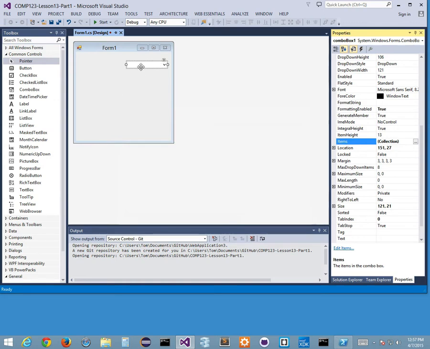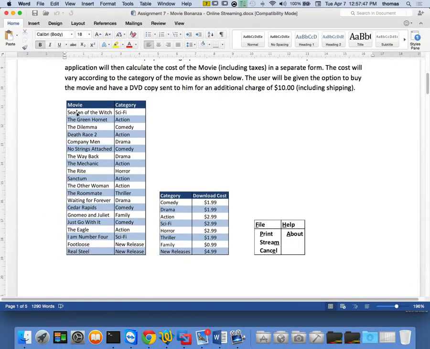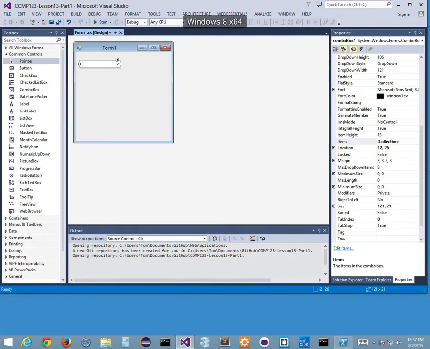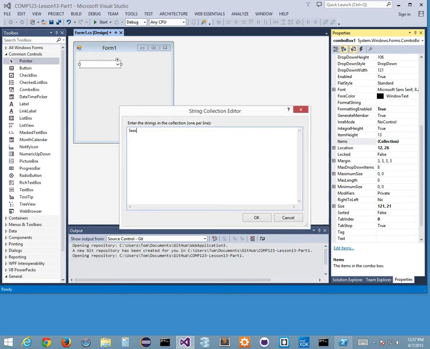So for example, if I was to choose from a list, I'm just going to give you an example here. Let's take a couple of these items, Season of the Witch, the Green Hornet, and the Dilemma, all right? So I'll load these up here in the collections. So we'll just try this out. Season of the Witch, Green Hornet, and the Dilemma, right? Okay, so if I press OK,